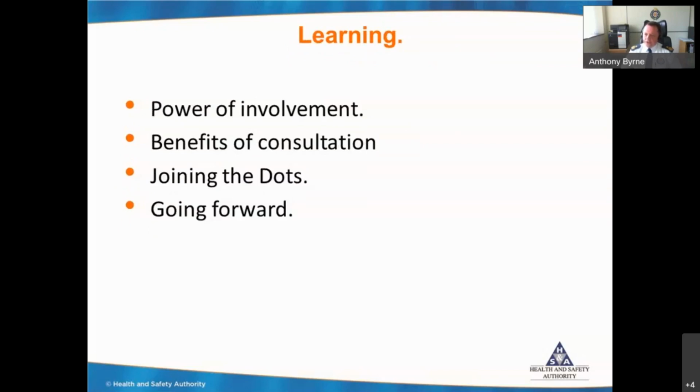One of the biggest elements that we in the service have learned over this period of time is the power of involvement. And not only involvement of ourselves, but the involvement of external bodies and external people. Because I suppose as a practitioner myself, we are kind of blinkered to a certain degree in what we do and how we do things. By bringing the likes of Frank in at that element and other colleagues from the HSA, HSE, Health and Safety, as well as independent consultants and ergonomics, we have